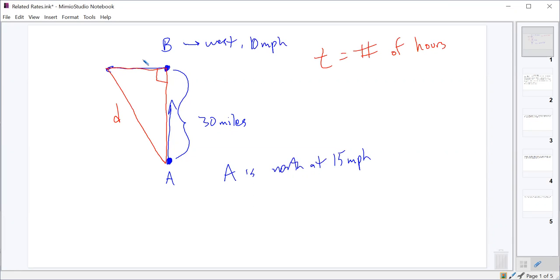Then this distance from here to here, if it's moving at 10 miles an hour, would just be 10 times the number of hours. So that one should be 10t. And this one started at 30, but it's getting smaller by 15 every time period. So this distance ought to be,